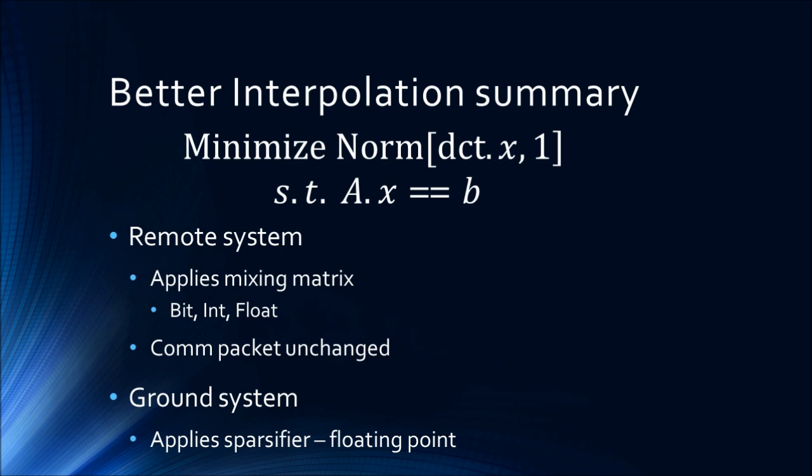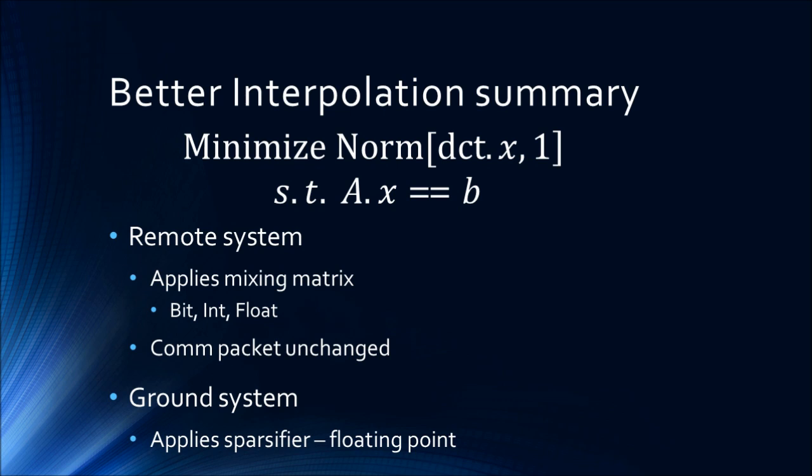We didn't communicate any more data than we would have had we done, say, the polynomial, where we had sent every third or every 10th data signal. Again, I'm rejecting the linear one because it didn't capture the bumps that were mission critical. So we didn't change our comm packet, but we now have suddenly a lot more data being recovered on the ground system because we're applying the sparsifier on the ground.